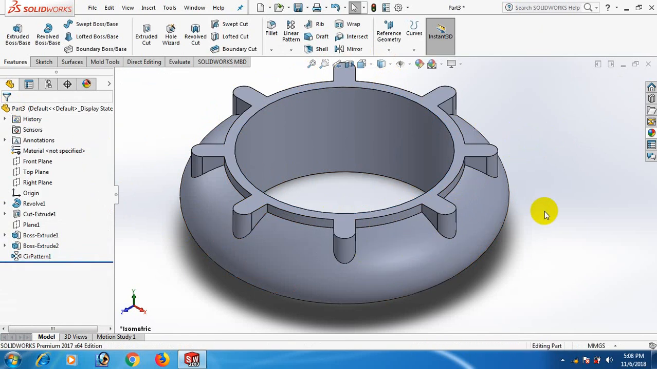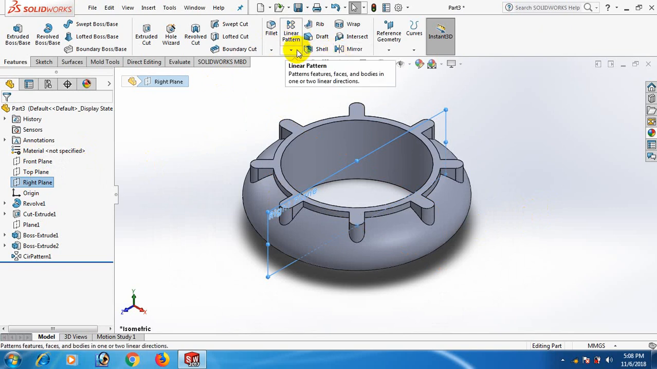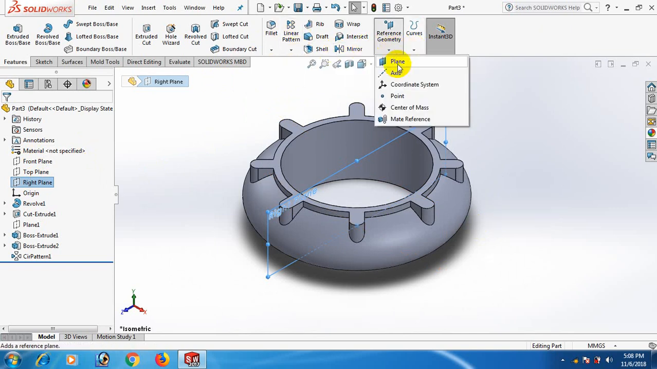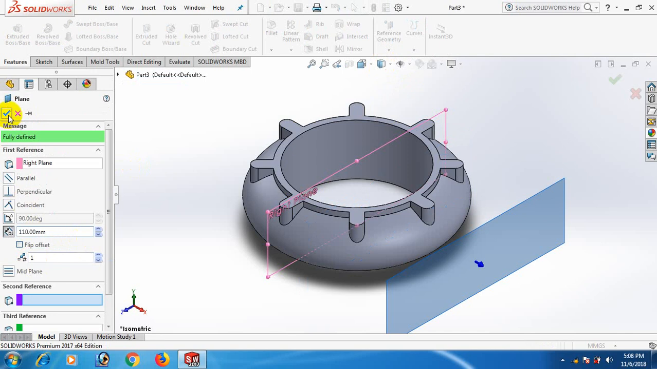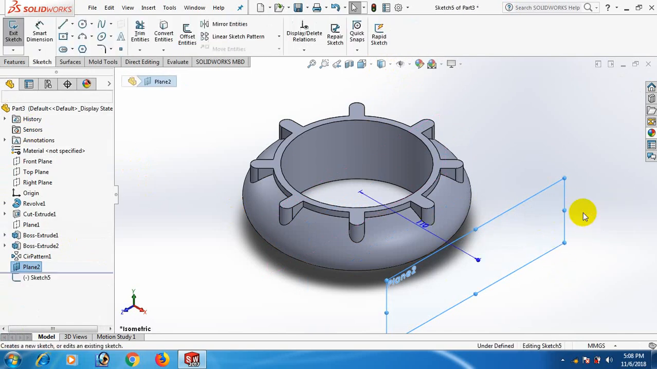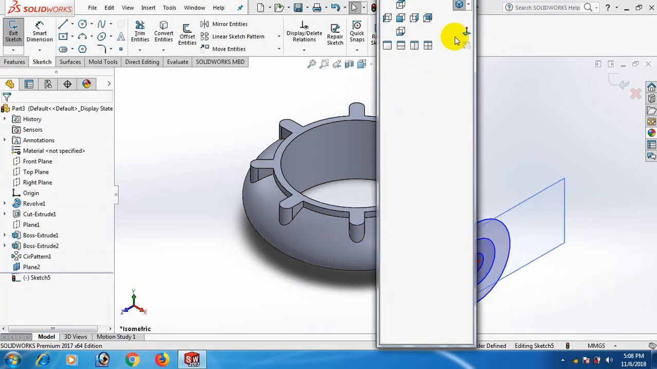Now go to here. Now go to Right Plane and go to Reference Plane. After 110. Okay. Now go to this plane and sketch. Now draw the circle here. Okay, select. Now go to isometric view